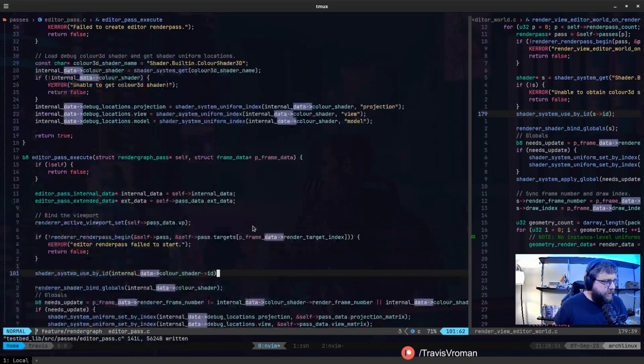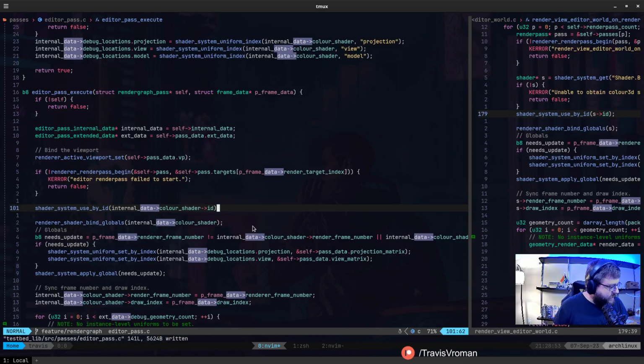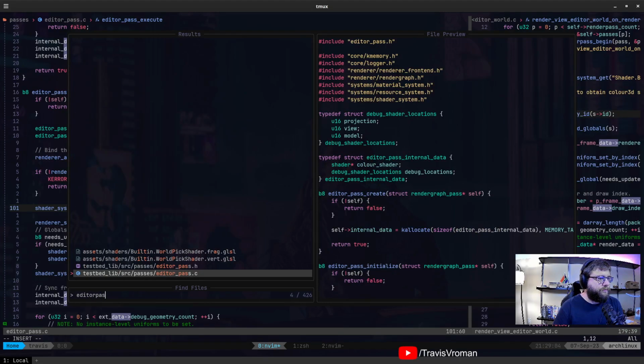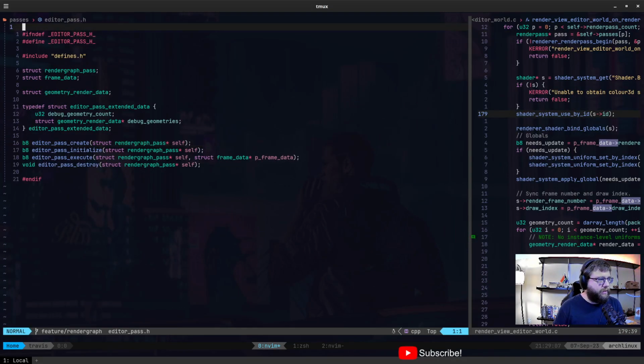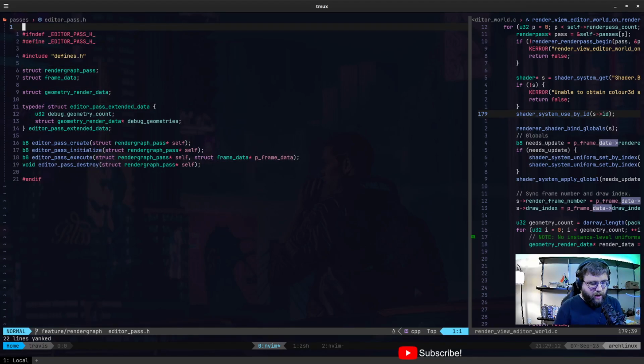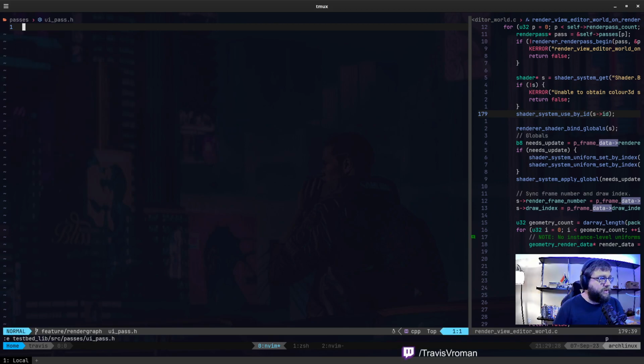All right, so that's our editor pass. The next thing that we need to do is our UI pass. So I'm going to go to this guy, and once again, copy pasta. So I'm going to open testbed lib source passes, and I'm going to call this uipass.h, and I'm going to drop this in here,